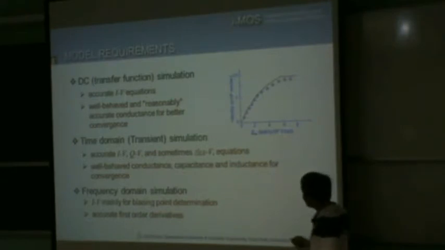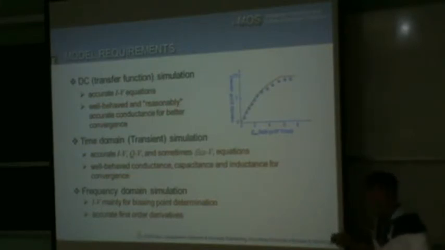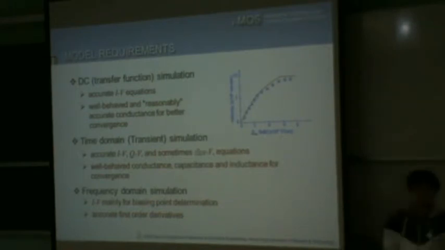But on the other hand, in many cases, say in digital circuits, we may be concerned about the time domain or DC simulation because we only care about IV. We don't care too much about the CV or the conductance. And this is especially true for Berkeley BSIM1. It is something that we call a DC model, where the IV is correct, but all the conductances are not that perfect at that time.